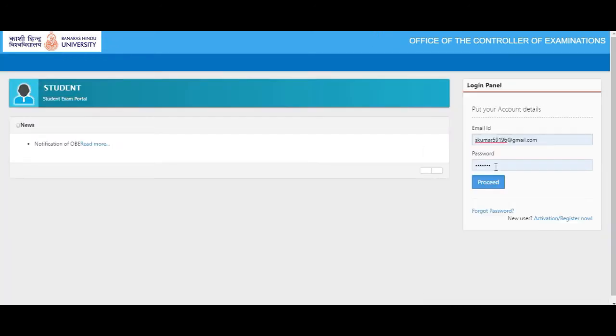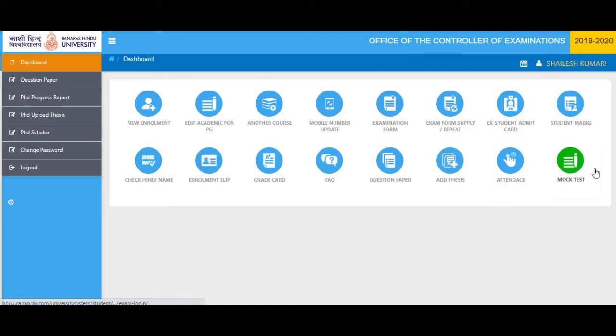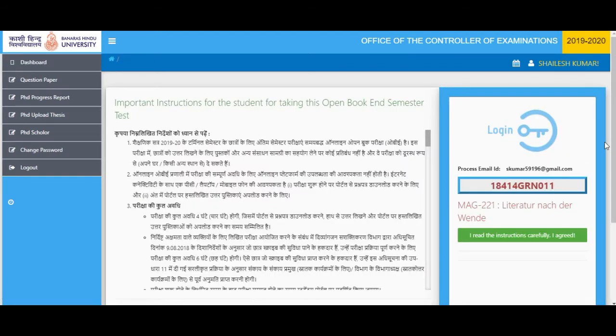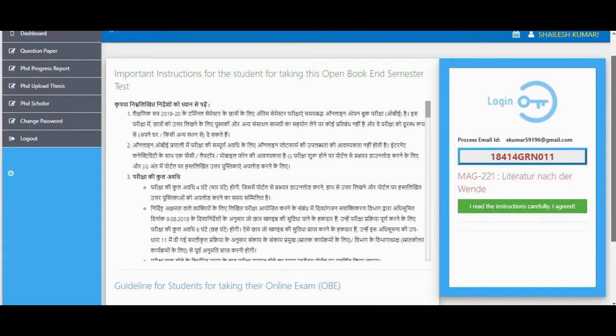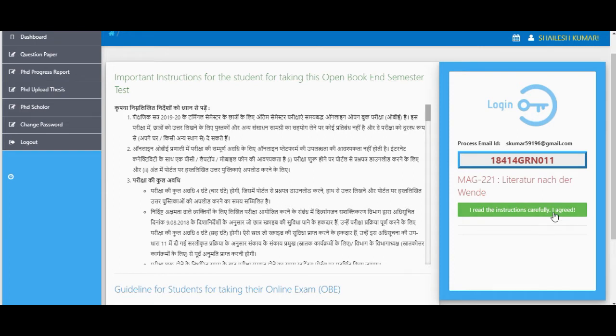As the timer starts, you will see a different option. It is asking you to read the instructions carefully before the exam starts. You can click on I read the instructions carefully, and I agreed.